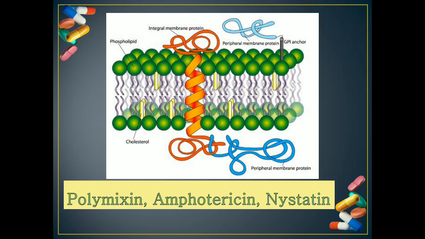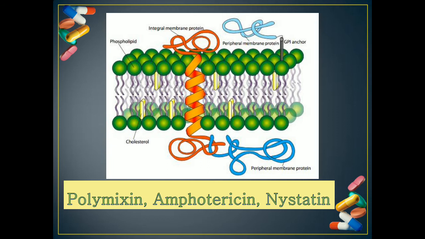The cell membrane is supposed to be selectively permeable, deciding which molecule should go in, which should stay in, and which should be sent out. That whole point of permeability is lost, and the organism is unable to control the influx and the efflux of components, or what comes in and what goes out. The complete structure and permeability of the membrane is lost. That is how the cell membrane disruptors function.